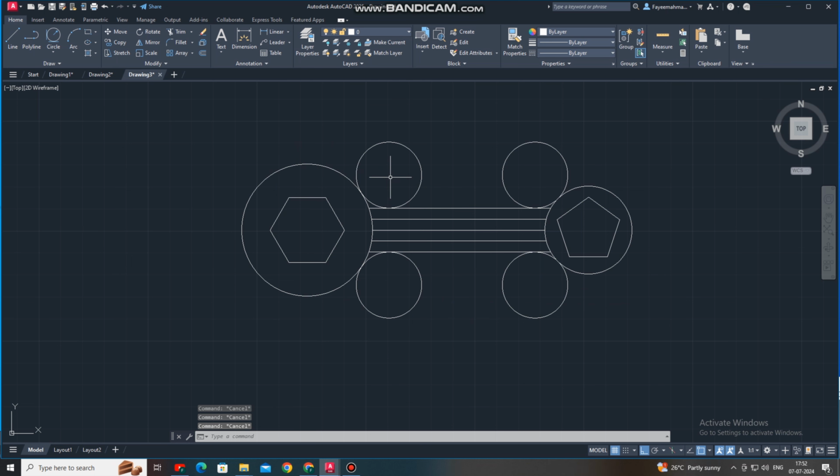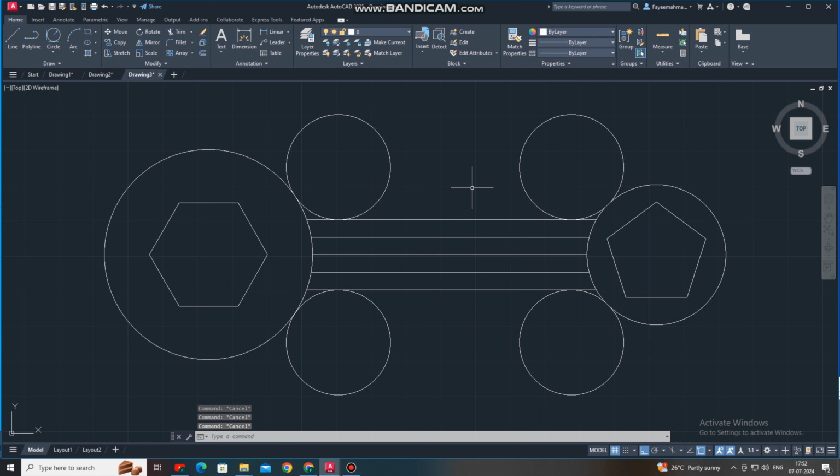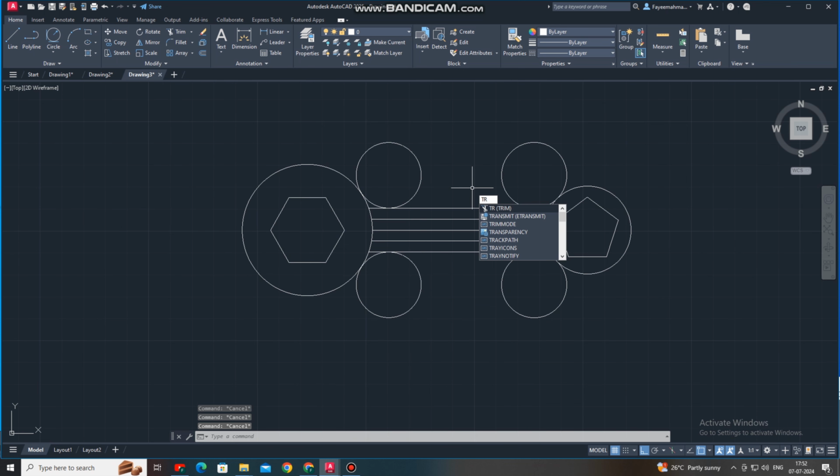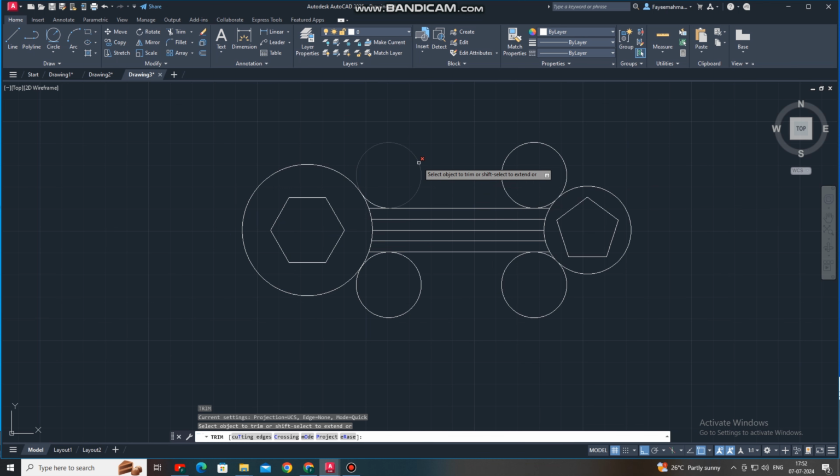So TR for trim. So we press with your keyboard TR, and it is a shortcut key for trim. So select this one, TR for trim. Now press enter, and now here we just select this one and trim this, like this one also, this one, and the last one.